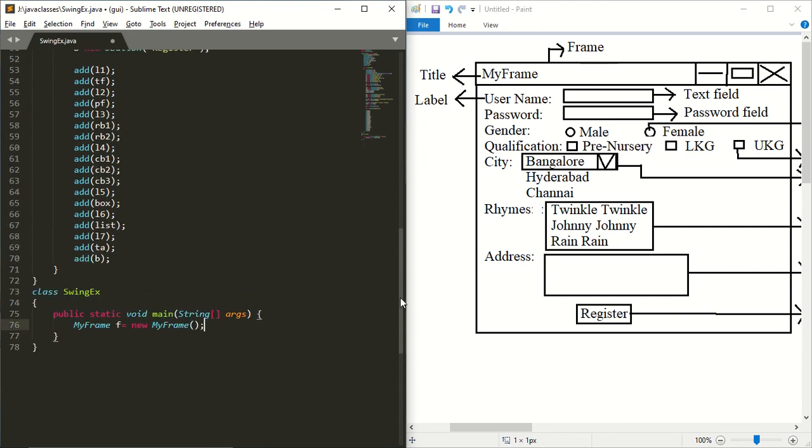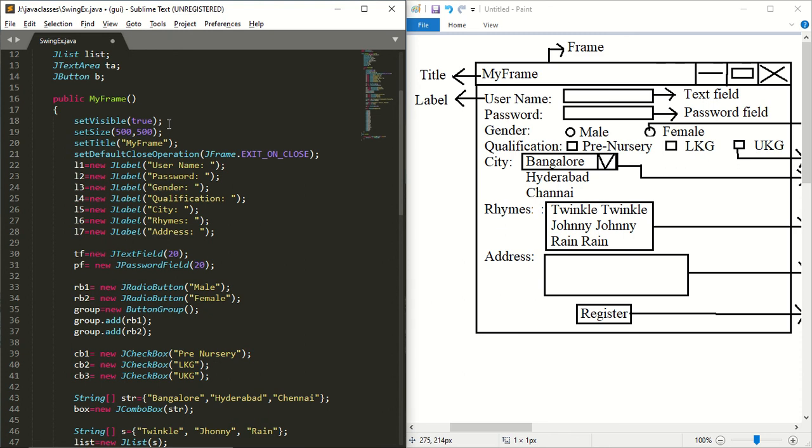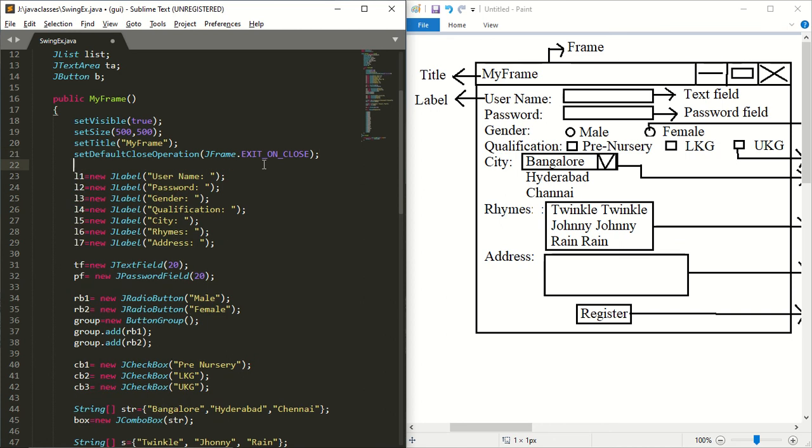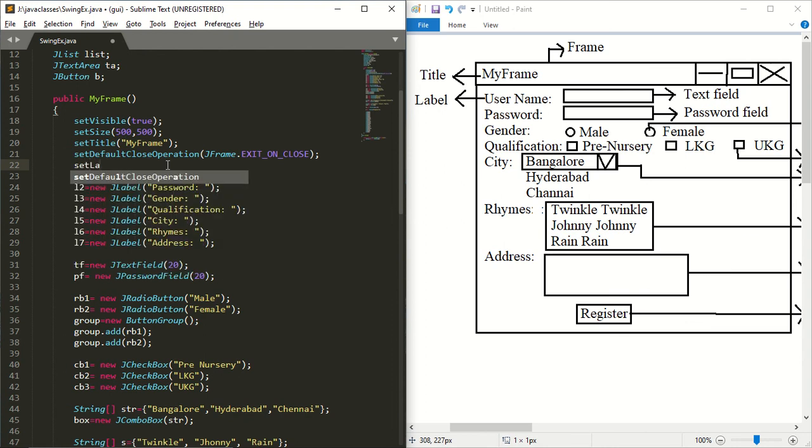So let me check once whether I've created correctly. Set visible, set size, set title, set default close operation. Next, I should set the layout in which these components should be arranged. So I will take set layout of new flow layout.